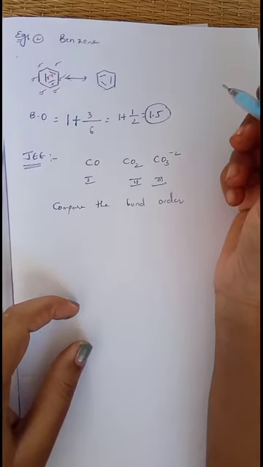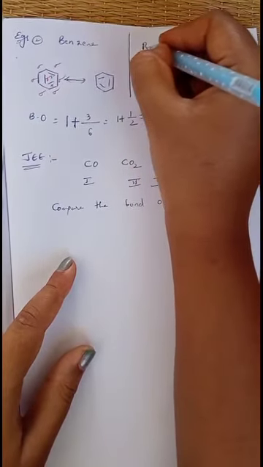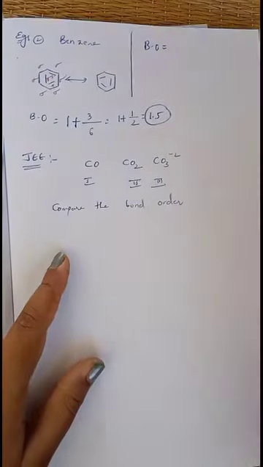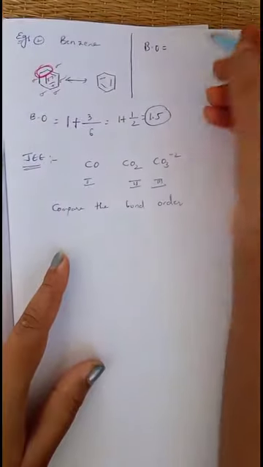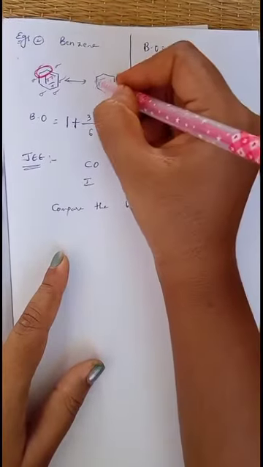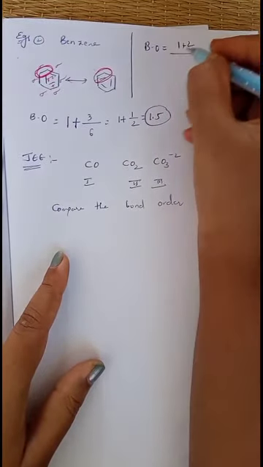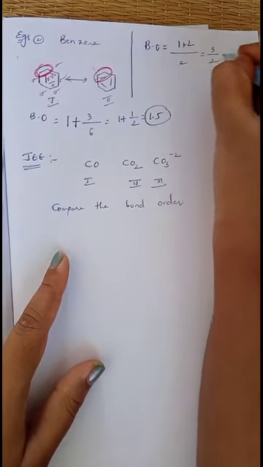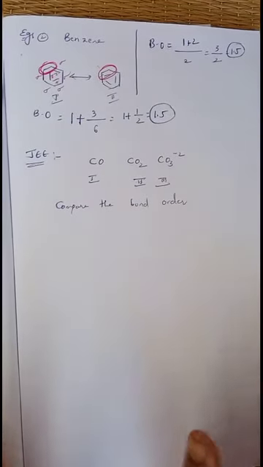You can also follow through the resonating structures. According to resonating structures, the bond order is equal to the number of bonds present between any two atoms in all resonating structures. Consider any two atoms. I am taking these two atoms. In the first resonating structure, the total number of bonds is 1. In the second resonating structure, between the same two atoms it is 2. 1 plus 2 divided by total number of resonating structures, first one, second one, 2. That is 3 by 2, and 3 by 2 value is also 1.5. The bond order here for benzene is always 1.5. Again, it has a partial double bond character.